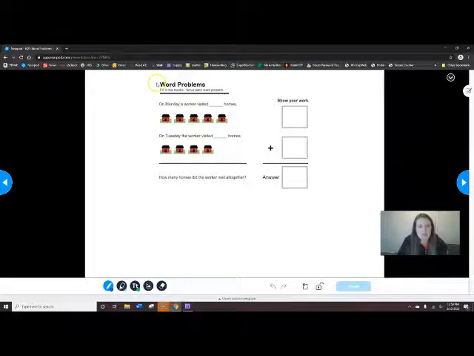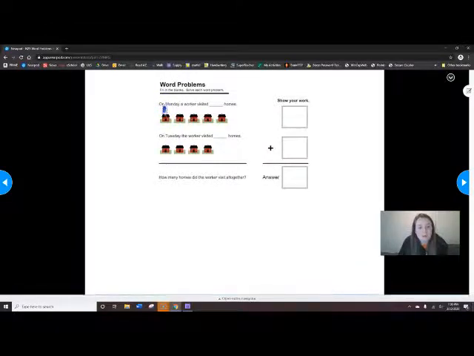So, the directions are going to be the same for both. Now, the first one, it shows the houses. The Census Bureau counts how many people live in each house. So, it says, on Monday, a worker visited blank homes. Now we need to count how many homes there are. So it might be easier to touch the screen. I know some of you do better when you actually write the number on top. So it might be easier if you actually write 1,